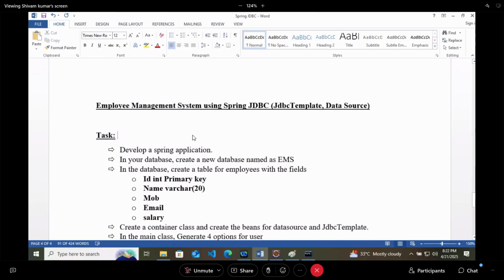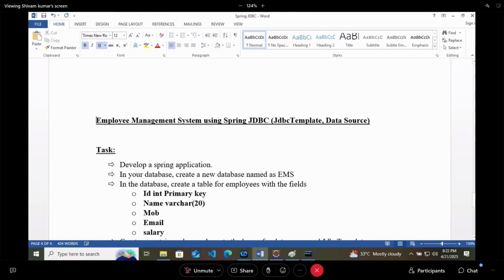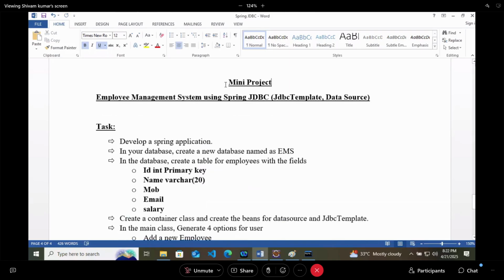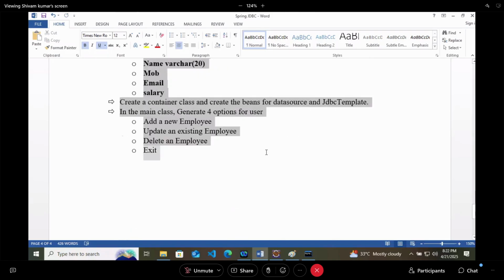It's a normal task, and I will mention this as a mini project. Of course, we will do this same thing with Oracle. This project I will do with MySQL.